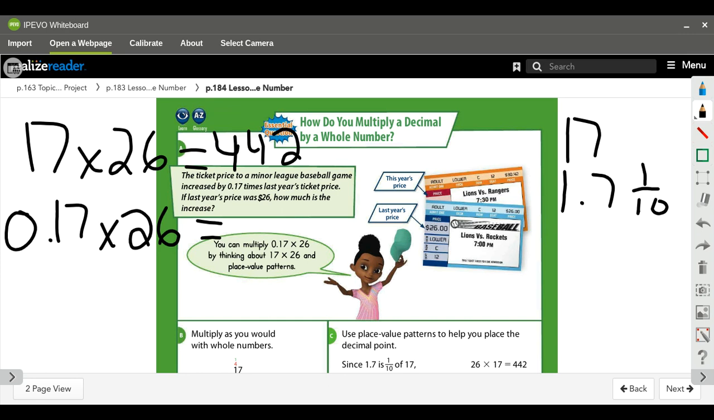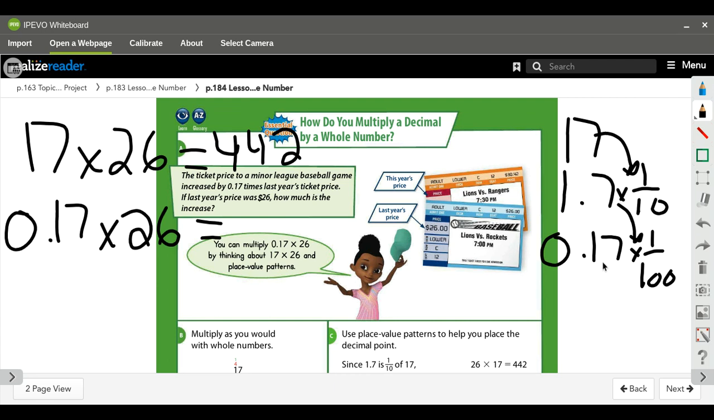And I'm not quite there yet, because I need to get 2 numbers behind the decimal. So 0.17, to get 2 numbers behind the decimal, I'm going to be multiplying 17 times 1/100th. And so when I multiply 17 times 1/100th, 17, I multiply that by 1/10, and then I multiply that by 1/100th. So I moved the decimal 2 places